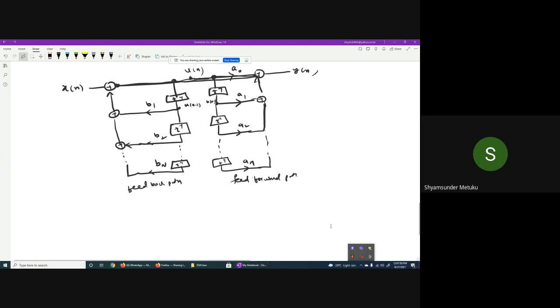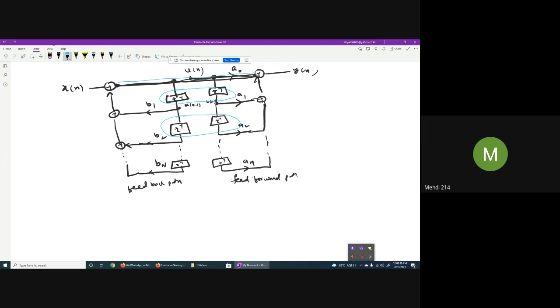See, from here to here, I'm talking about the blue line. The blue line will have the same value or not before a0 is multiplied? Yes, it's the same. Now you're trying to tap the value by giving it to a Z inverse to get the u of n minus 1. Instead of tapping two times, one time tapping and giving both sides is acceptable or not? Yes, you can accept. So what I'm trying to do is combine these two delay elements into one delay element. Is it possible or not?